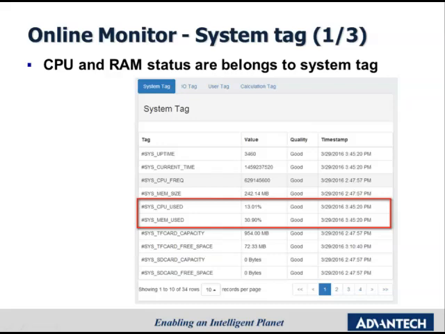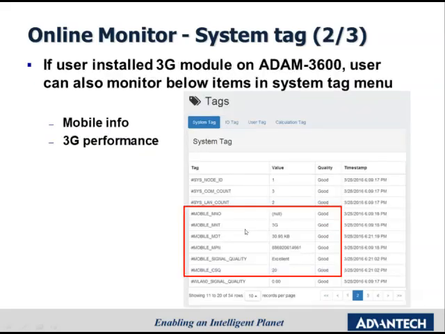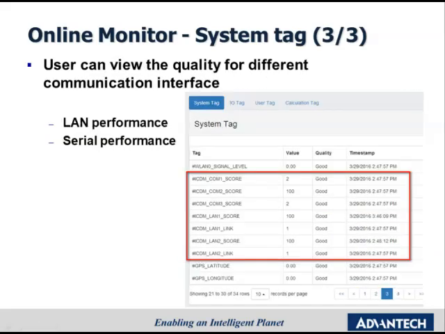The first one is system status. For example, you could see the CPU and memory information in this place. The system status also contains mobile and 3G performance information. If the user installs a 3G module with Advantech 3600, he could monitor the related information in this page. What's more, you could also view the quality of different communication interfaces, such as your LAN port and serial performance